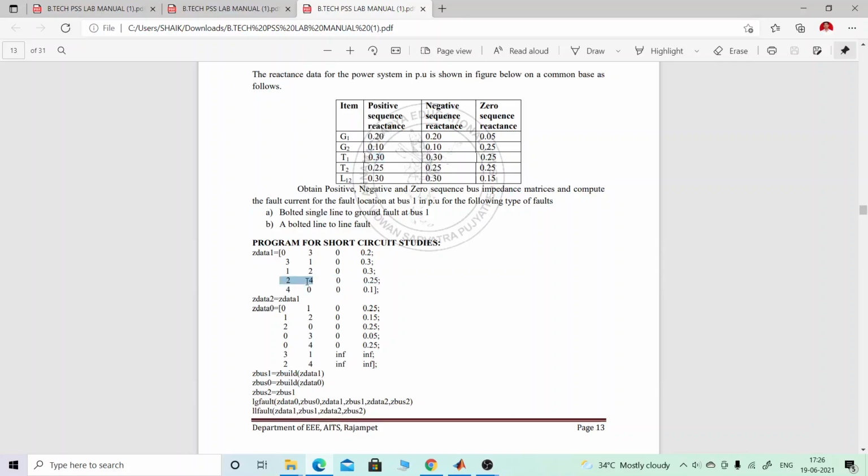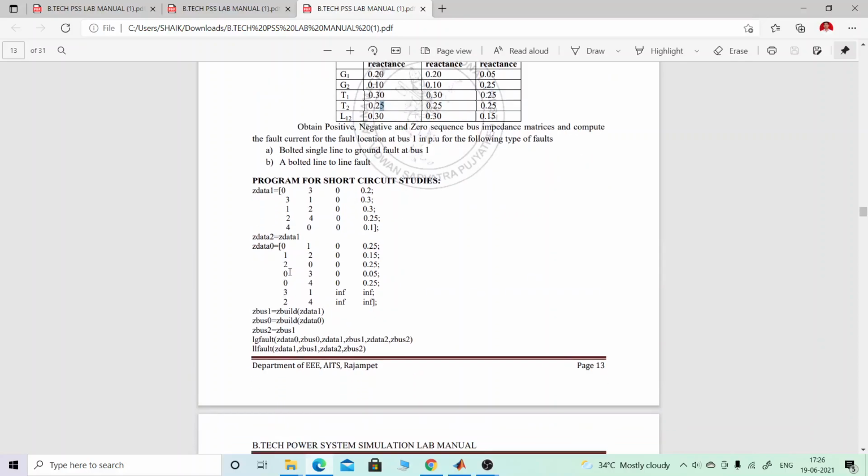And 2 to 4, having 0.25, so that is regarding the transformer T2. From sending end 2 to 4 with resistance of 0 and reactance 0.25, that's for the transformer T2.